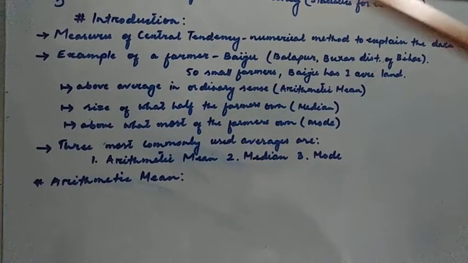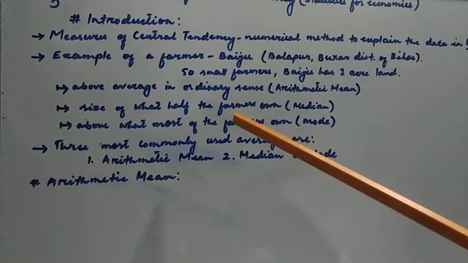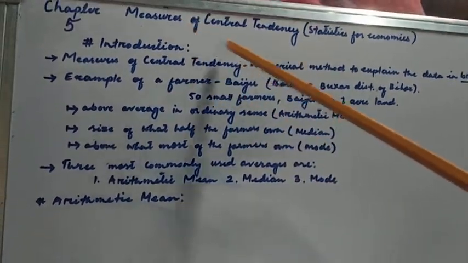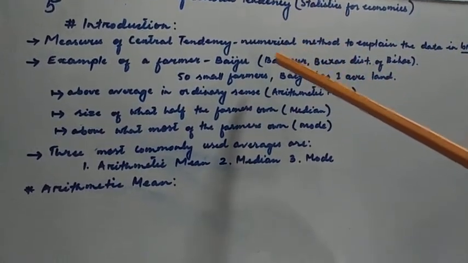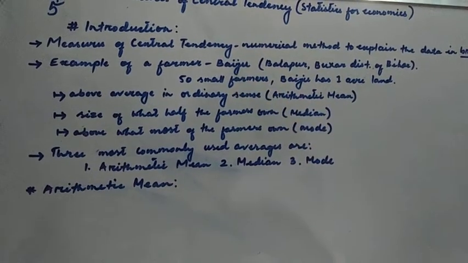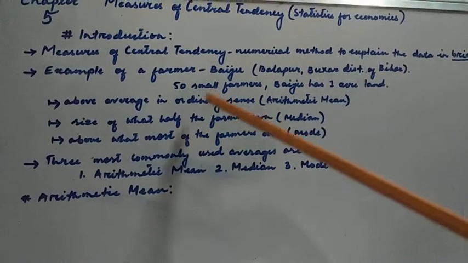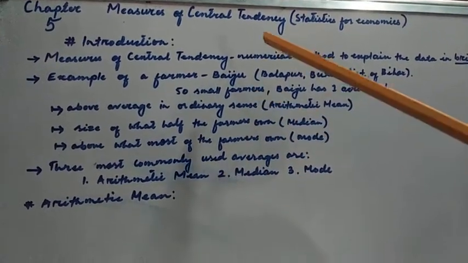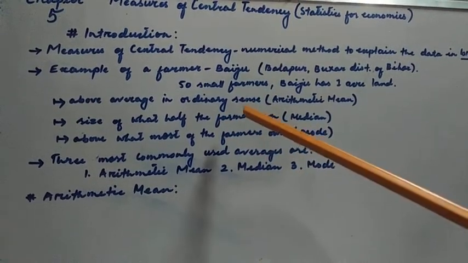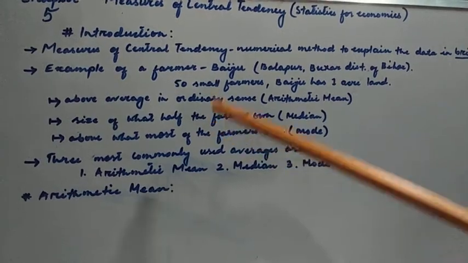So you will have to summarize the whole set of data of land holdings of all the farmers of that village, that is Balapur. This can be done by the use of central tendency. Now, central tendency summarizes the data in a single value. It will summarize the whole set of data into a single value in such a way that this single value represents the data in the form of a